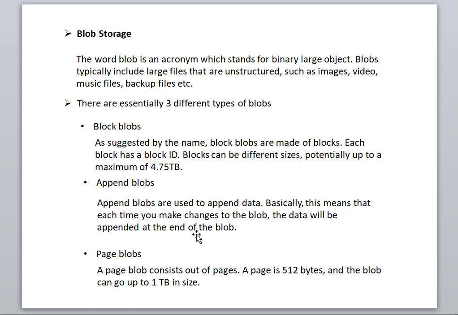Basically, this means that each time you make a change to the blob, the data will be appended at the end of the blob. Page blobs consist of pages. A page is 512 bytes, and the blob can go up to 1 TB in size. Okay. So these are the basic descriptions of blob storage.